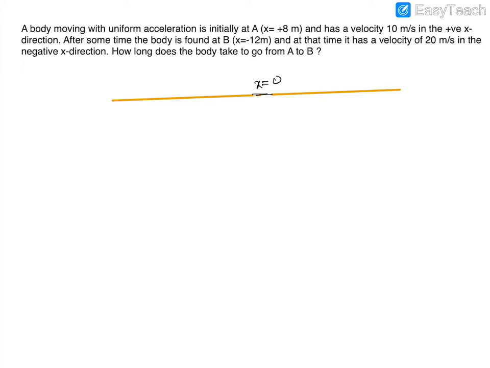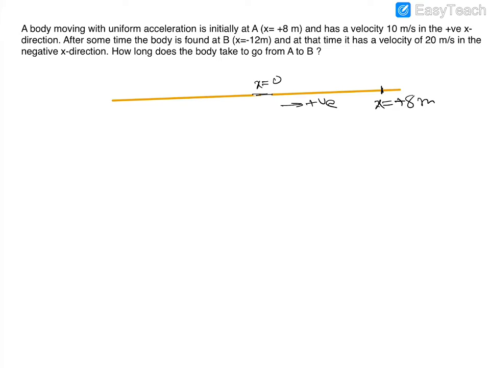And the body is at A where x is equal to plus 8, so this is the positive direction. So somewhere here x is equal to plus 8 meters, and here at x equal to plus 8, its velocity